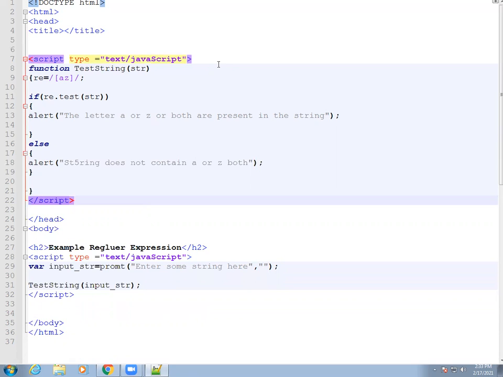Now just save this file first and we will run this file. We see what we get from this code. Okay, just run this file here.